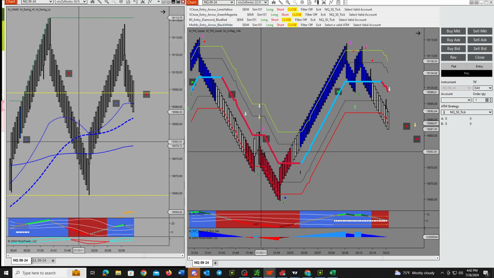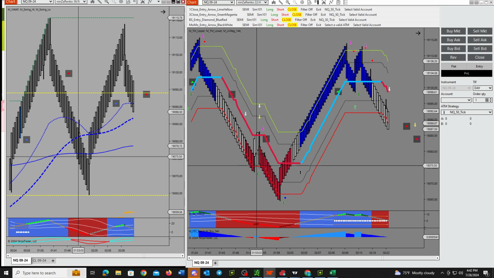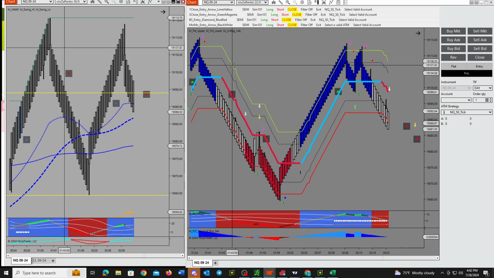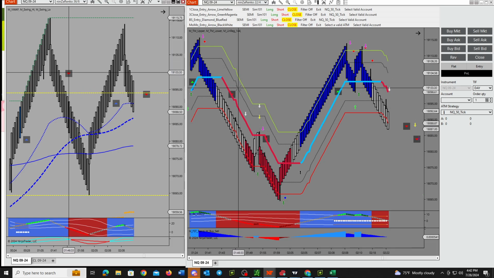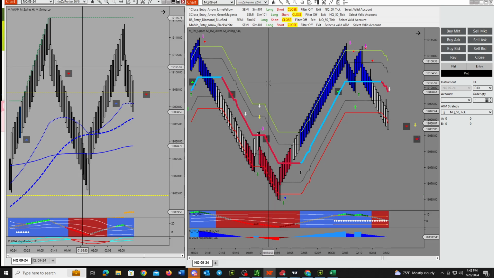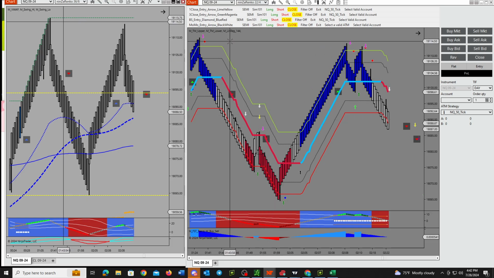Because I already know what's causing this to go silver is that this up move in the volume indicator flipped from less than 0 to greater than 0. But everything else is still negative. So this white down arrow, I'm not saying, oh yeah, what I want is white arrow, yellow arrow, red. No, I already know that